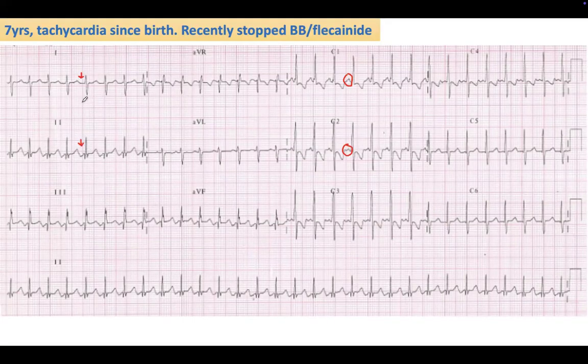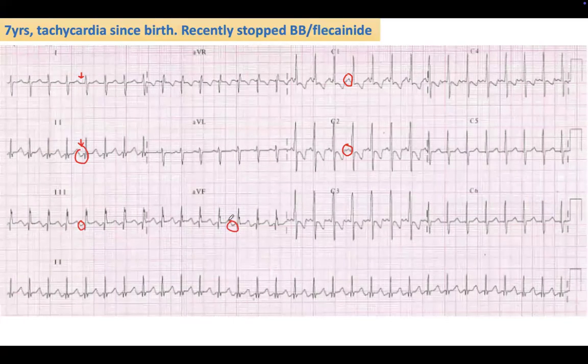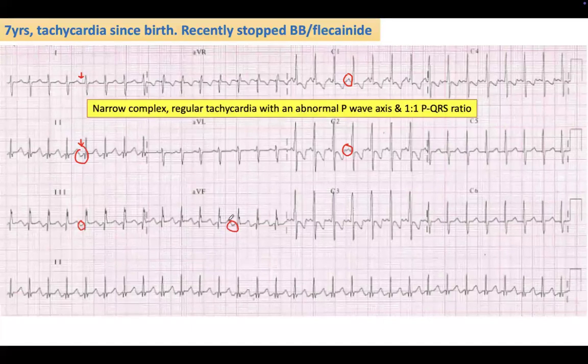If you really look, it looks inverted. So the P wave is maybe flat in lead one, but definitely inverted in leads two, three, and AVF. So is this still sinus tachycardia or no? It's not sinus tachycardia, right? Not sinus, yes. Okay, so I was hoping that you would say narrow complex regular tachycardia with an abnormal P wave axis,